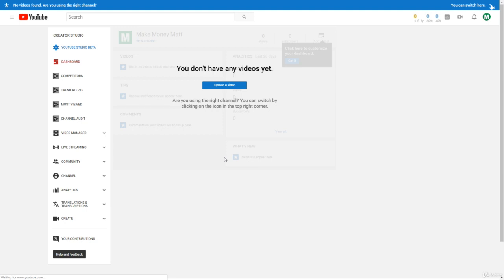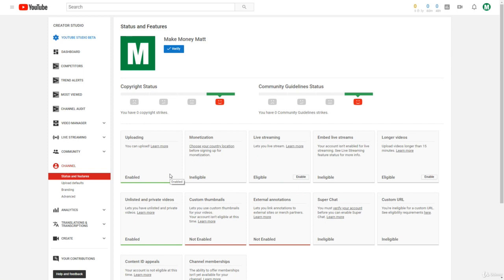And as you can see, this is what it looks like. Now, first thing I recommend doing is clicking Channel on the left-hand side right there. And more than almost anything, I recommend you verify your YouTube channel. Now, this is super simple. All you have to do is click this blue verify button right here and put in your phone number and verify it. But this is absolutely crucial because by verifying your YouTube channel, it enables you for monetization and it